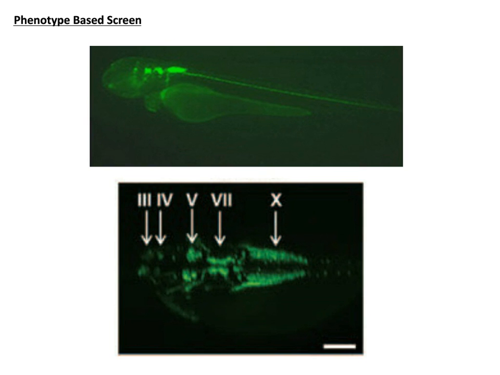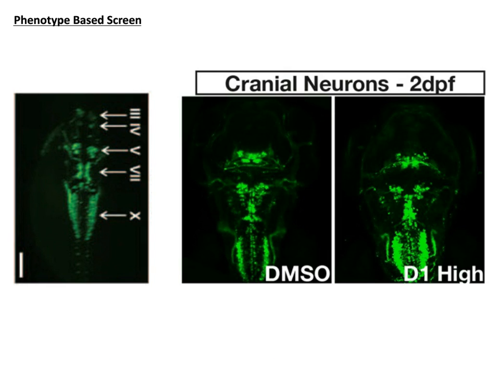And this was used as a readout, and to examine further the effects of D1 on these cranial neuron development, we exposed the fish again and took better images. And that is what you'll see in the next slide of the cranial neurons. We could see not only that the intensity of GFP was higher, we could also see the number of neurons at day 2 as well as day 3 go up